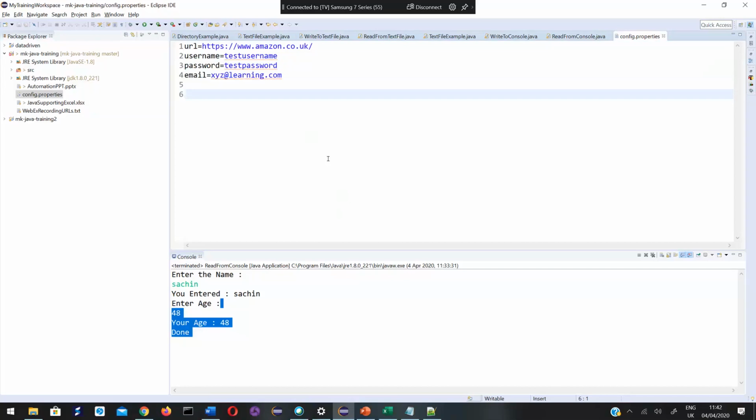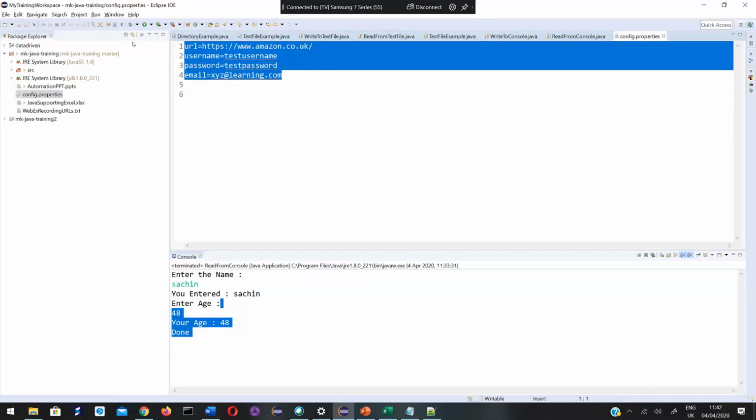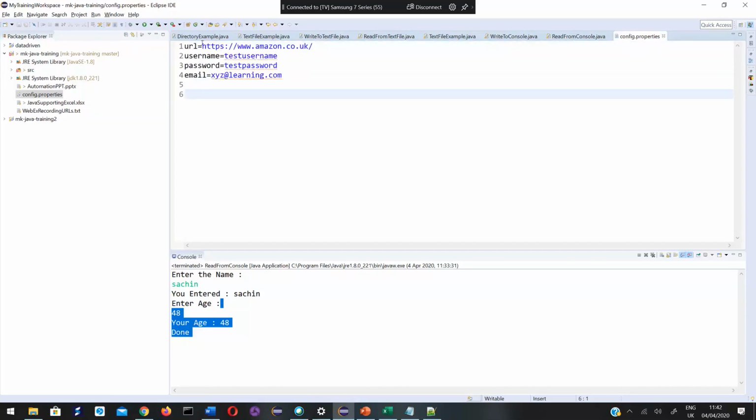So all those values which I use in my tests, rather than hard coding them directly inside each test, what I do is pull them out and put them in the properties file. Now, wherever I want these values, on the right side that are highlighted in blue, rather than directly using them, I can use the corresponding property name. In the actual code, instead of using this test username, I use this username.